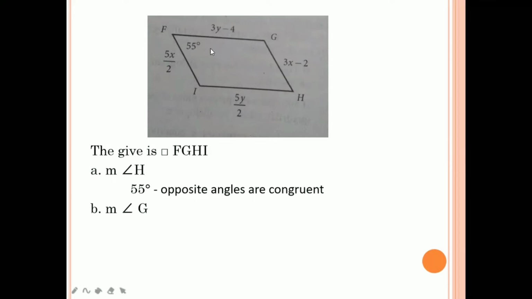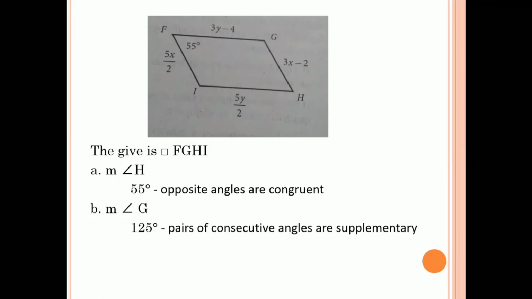Supplementary, so when we add these two angles, angle F and angle G, they are equal to 180 degrees. But the given is angle F, which is 55. Then how are we going to solve the measure of angle G? The measure of angle G is equal to 125 degrees. The pairs of consecutive angles are supplementary. They are equal to 180 degrees. So 180 minus 55 degrees is